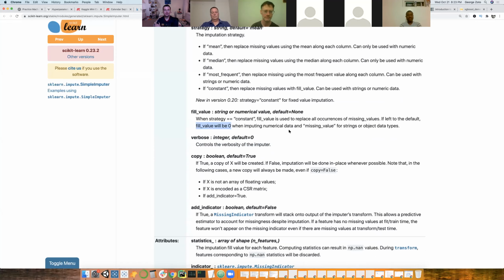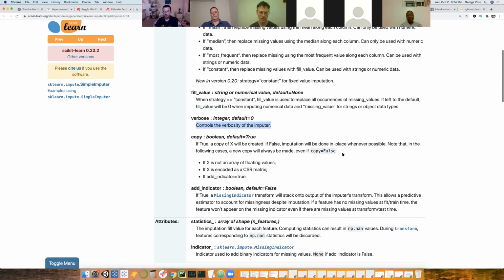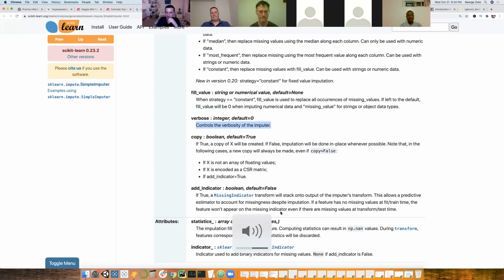I didn't try it. I assume you'd get some more information on maybe how many missing values are there and what was the value imputed. I don't know. Has anybody else tried it? We can try it next time, I guess. I can't speak to this function specifically, but in general, verbose just means it prints out additional information. If it's 0, of course, it prints nothing. If it's 1 or some other numeric value, it'll print out some information related to what it did. I don't think I've ever encountered a variable named verbose that changed the functionality of the actual function other than just what it prints. Got it. Thank you.